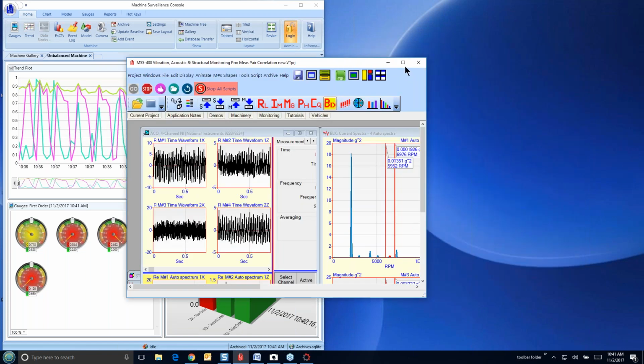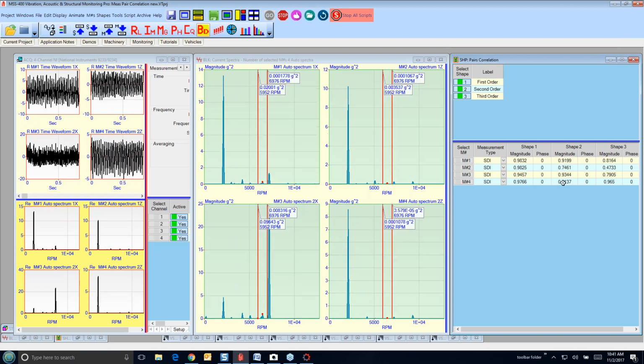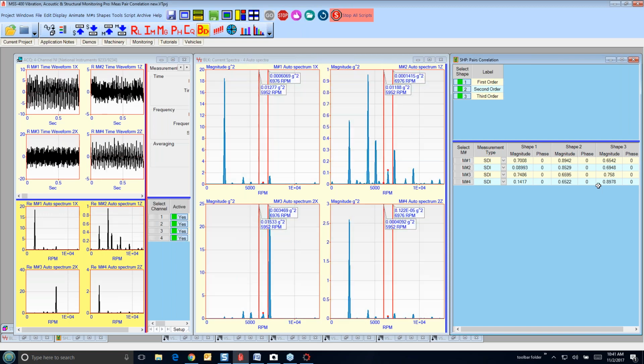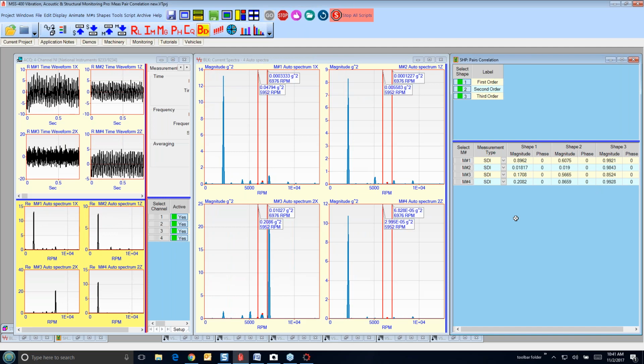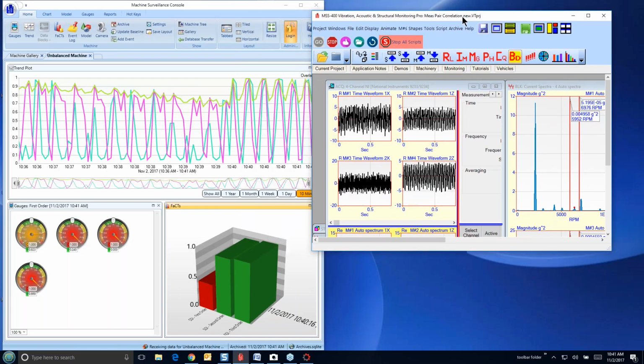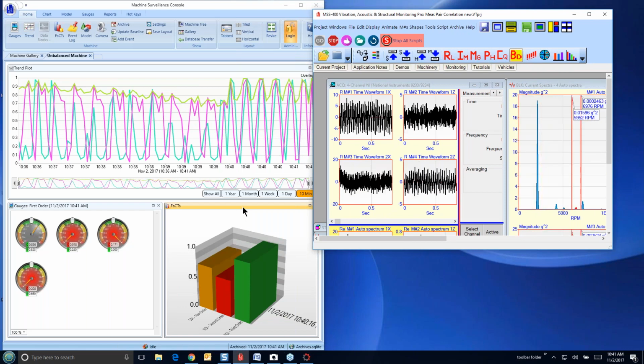If I go back here and just look, here are the SDI values going into the database. And if I update the baseline here, you'll see they all turn back into 1. And those values are now being archived into the database, and the fax bars over here are comparing those with its baseline.